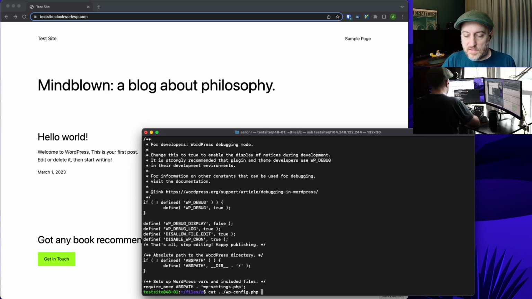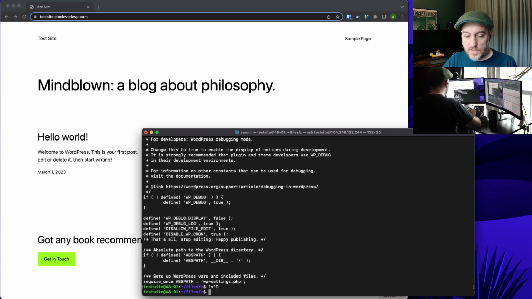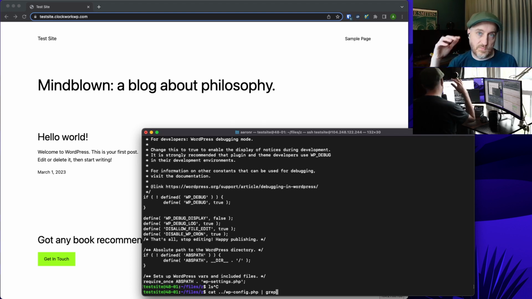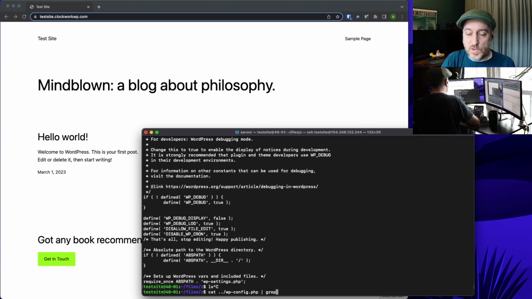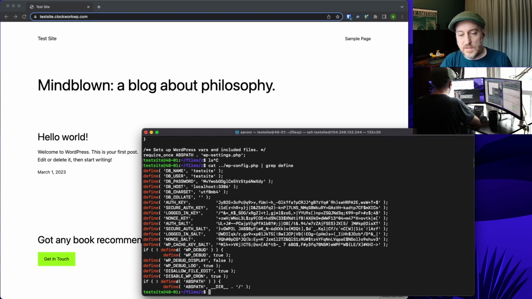One way I do this is I pipe the cat command, and by the way, I'm just hitting the arrow up to get back to where I was. There's a history where I can just hit the arrow key. But so I'm gonna hit Control C. So we're gonna cat it, and then we're gonna pipe it to grep. And grep is another command line tool that manipulates the text basically, and I want it to return only the words that have the word define in. So when I hit enter here, see how purdy that is? Basically, it gives us the important